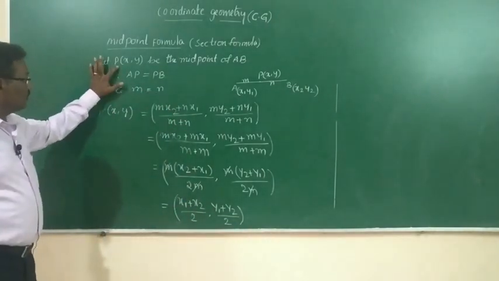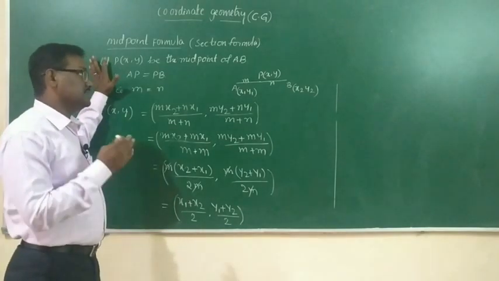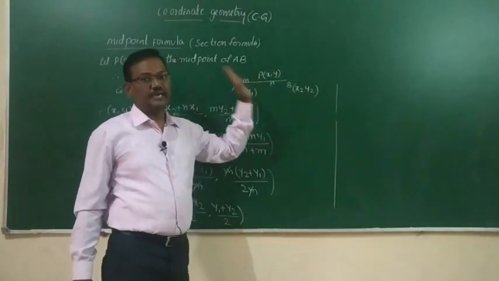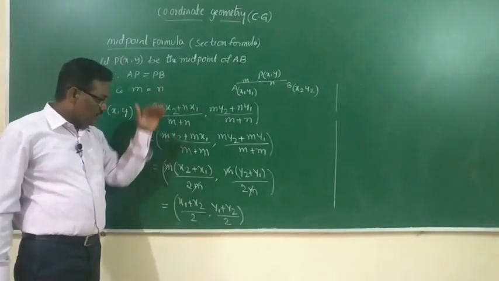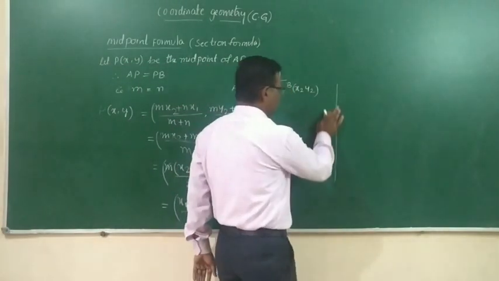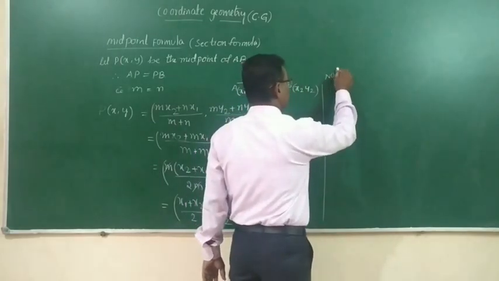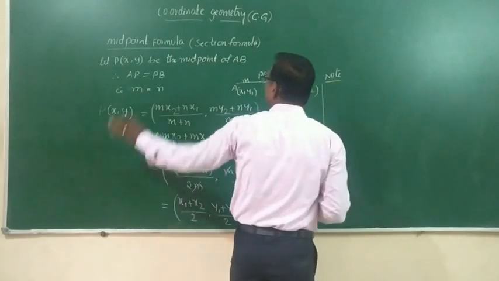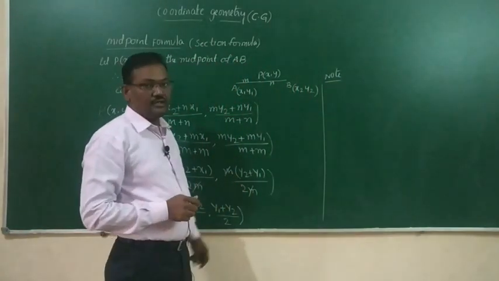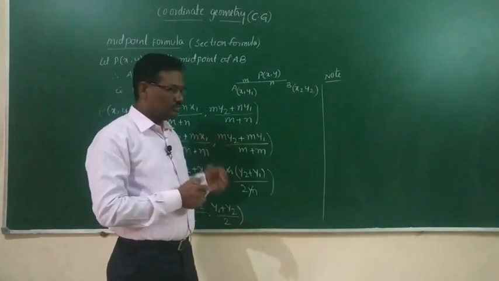So here the role of P is midpoint. When we say that it is a midpoint, then it divides the line segment in the same ratio. Therefore, the point becomes a midpoint. So by using these, we can use the section formula. We can use the section formula for finding the section point as well as the ratio.